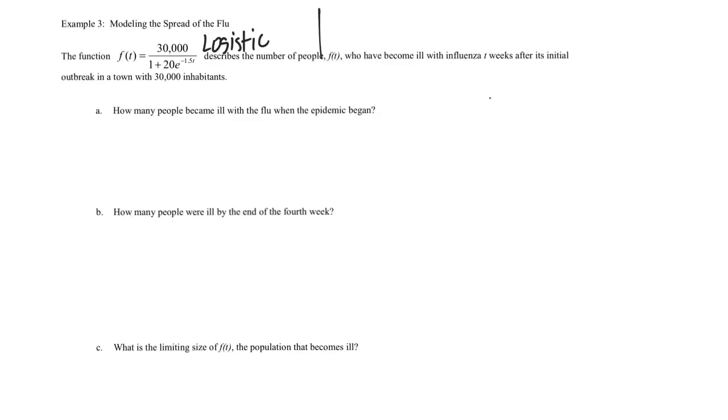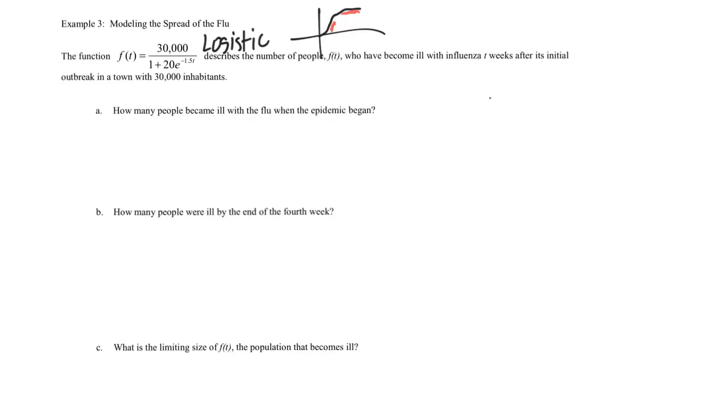And so the logistic function follows just kind of like this model, where it gets really steep at a particular point. So right in this area, the growth is really fast, and then it just starts to kind of level off. And that happens for a lot of different things, particularly population growth, because we know that the earth can only sustain so many people, and so eventually the population is just going to have to basically flatten out.